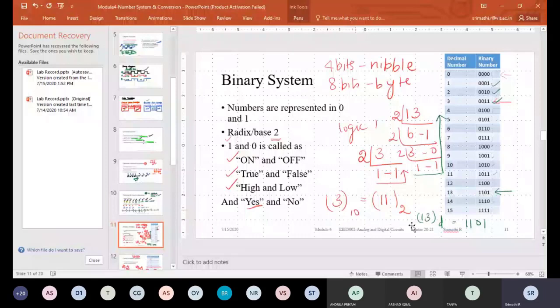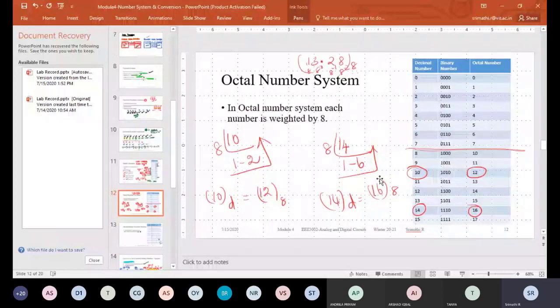And in the octal number system, the base or radix is 8. I have represented decimal numbers and binary numbers till 15. For octal, we need to divide the equivalent decimal number by 8. For example, if I take 10, divide by 8, 1 eight is 8, remainder is 2. Write it in the inverse order. The decimal 10 equivalent in octal is 12. That is why here I have represented it as 12 octal. Like that we need to write for octal.